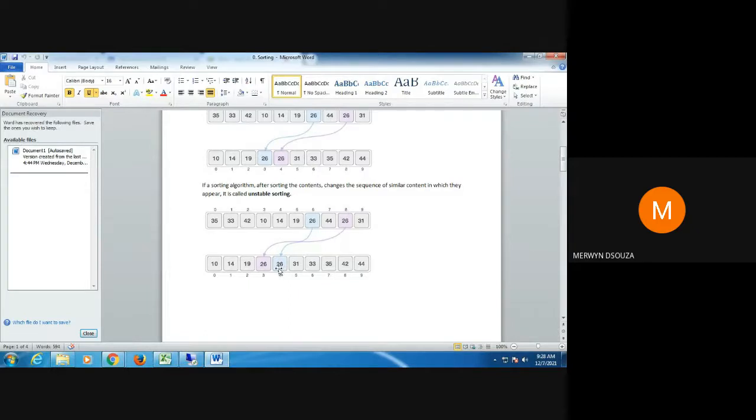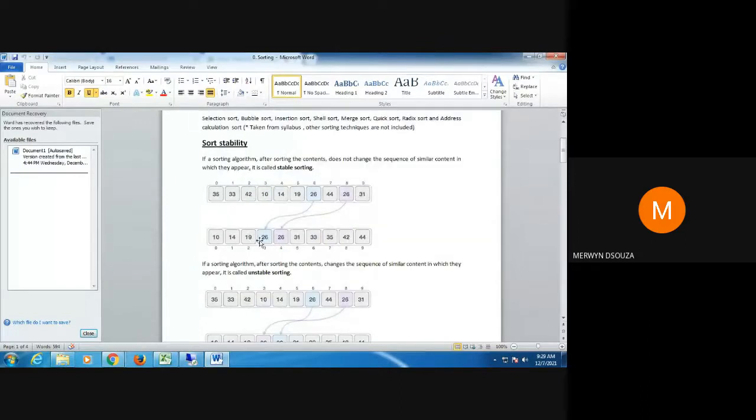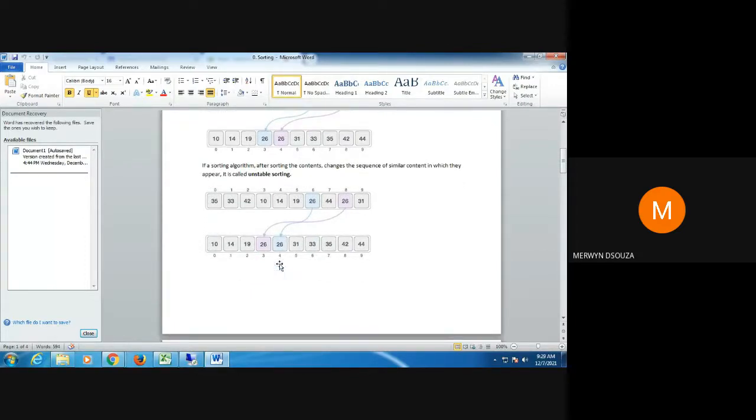Such an algorithm is an example of unstable sorting, so it changes the sequence of similar content. If it does not change the sequence of similar content, it is known as stable sorting. If it changes the sequence of similar content, it is known as unstable sorting.